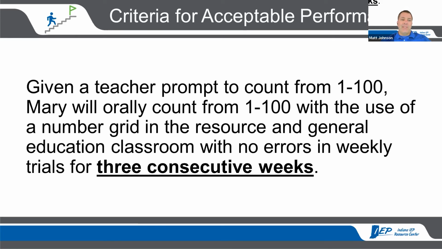But with adding that little maintenance component in there, I said for 3 consecutive weeks. So if I add the maintenance piece for 3 consecutive weeks, I would say, okay, you got it this week. Let's see if you can do it next and the following. If I can get all 3 of those at that acceptable level, then we are ready to move on. So we're still tracking orally counting to 100 each time for those 3 weeks. We're seeing if we got the 100% for those 3 times in a row. Once we do, then we're ready to move on to the next goal.